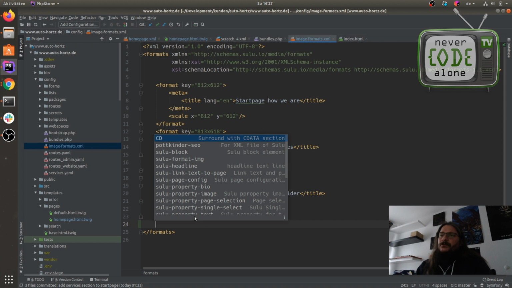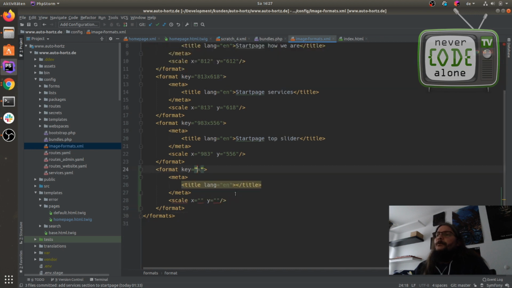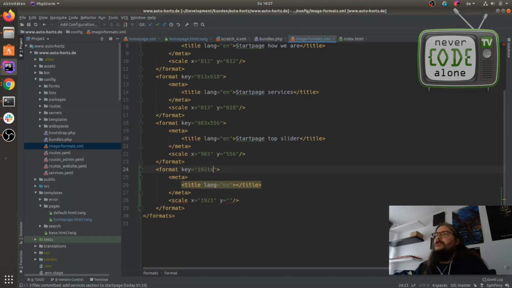So I have to add a new image format here. It was 1921 and 983. And I say this is start page, our process. This is the information for the backend where I can handle this format.